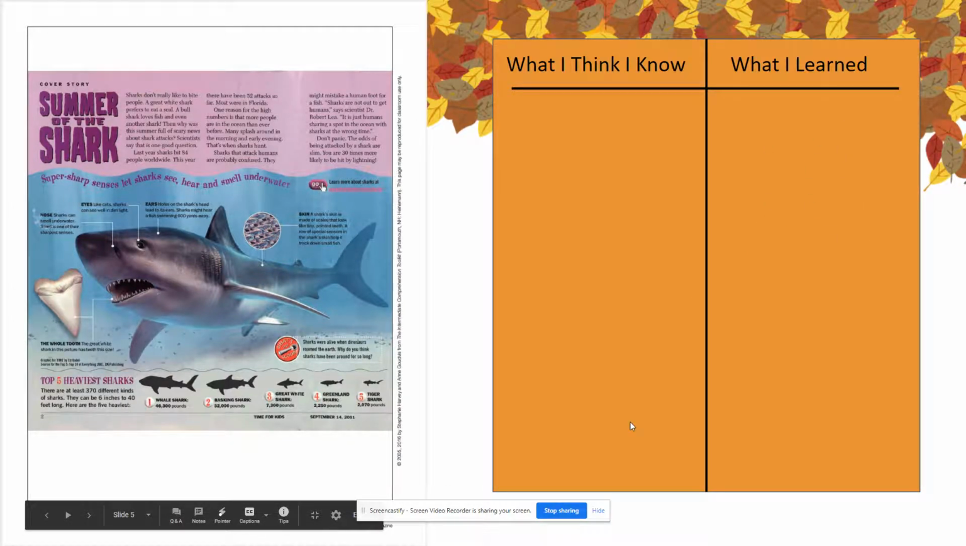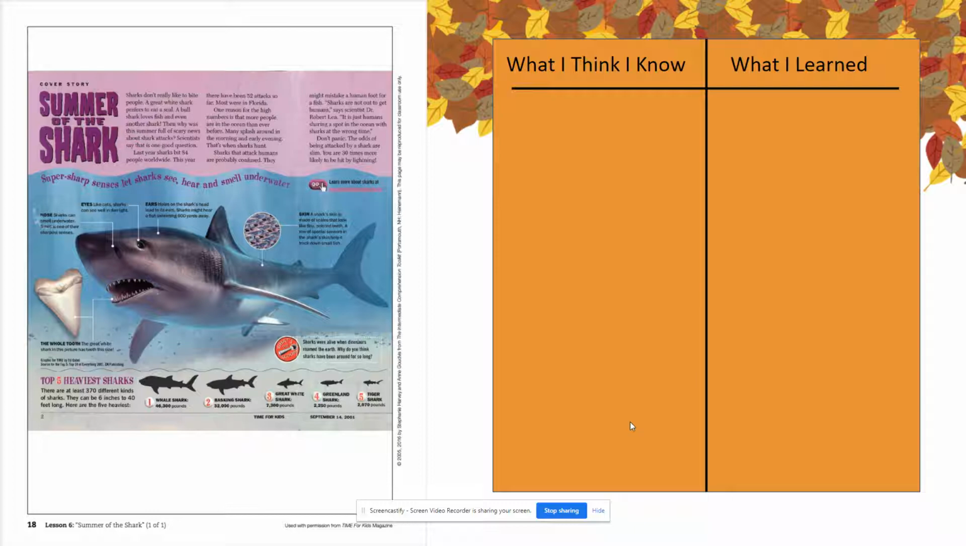The purpose of this anchor chart is to show us how we connect what we already know to the new information. This anchor chart shows us how our thinking can change as we learn new information. And we may even discover that some of the information we thought we knew is not completely accurate. This is not a big deal if we aren't totally correct,